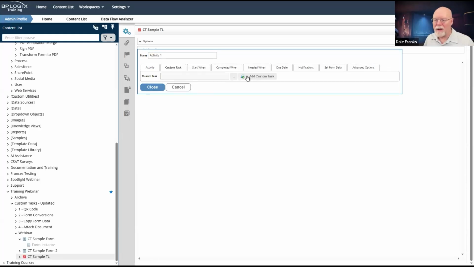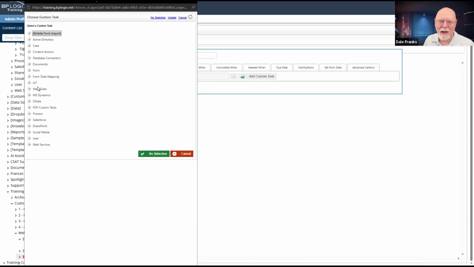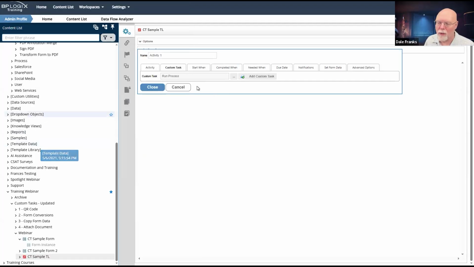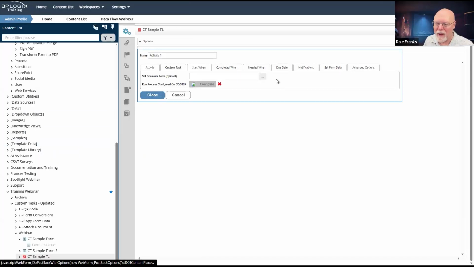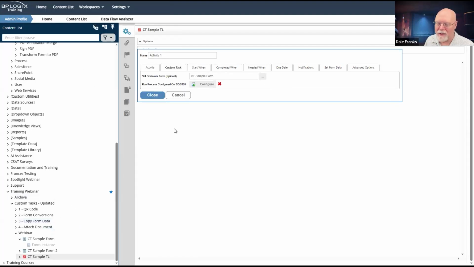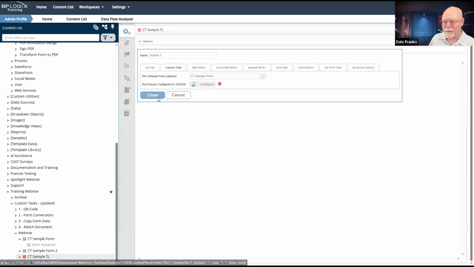And I'm going to need to call a run process custom task. So we'll go to process, there it is, process, and we'll go to run process, and we'll add that custom task here. And we'll set our container form as our CT sample form, just to do everything right. We're not going to configure this yet because we don't have anything to configure.